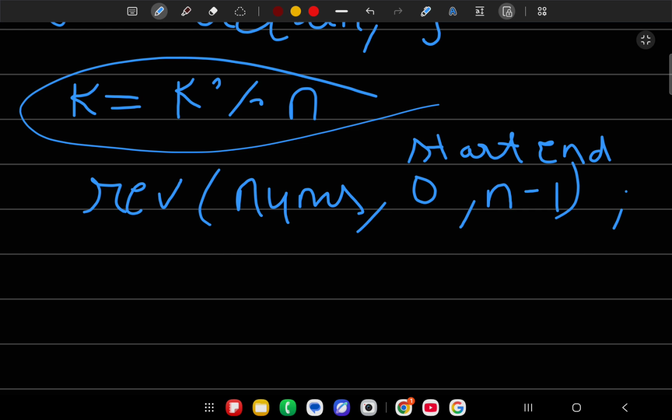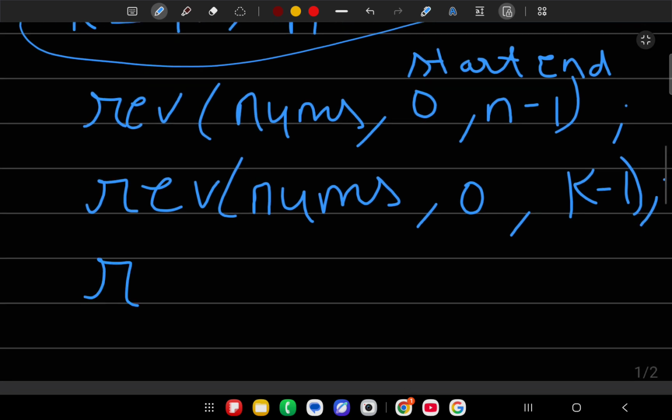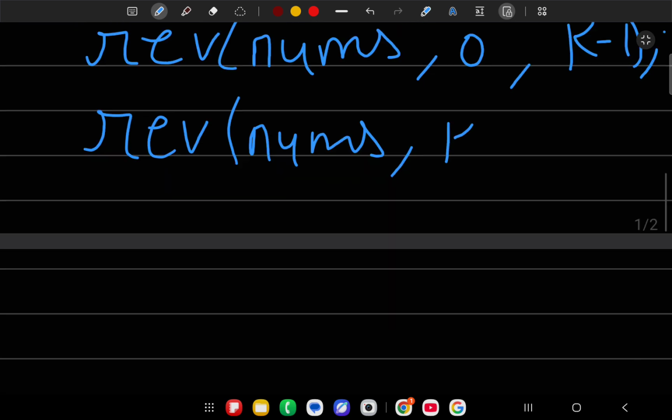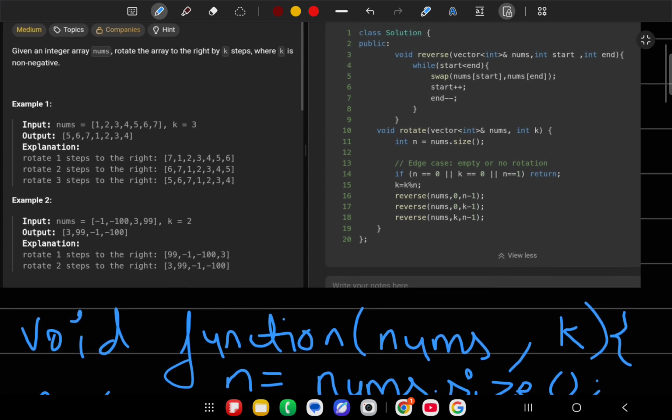What is the next step? Reverse the first k elements. Call say reverse nums from 0 to k minus 1, because of 0-based indexing, and again for the rest of the elements, nums, what is the starting element? I think k, and the ending point is nothing but n minus 1. This is the entire code. Look at it clearly here.